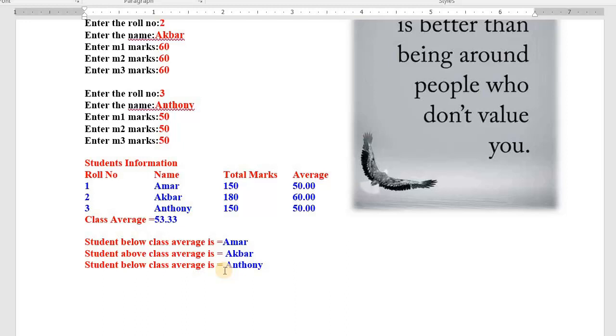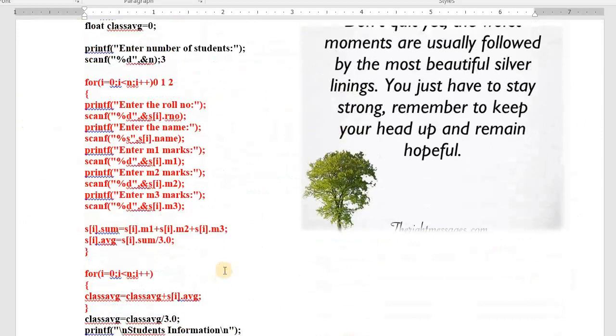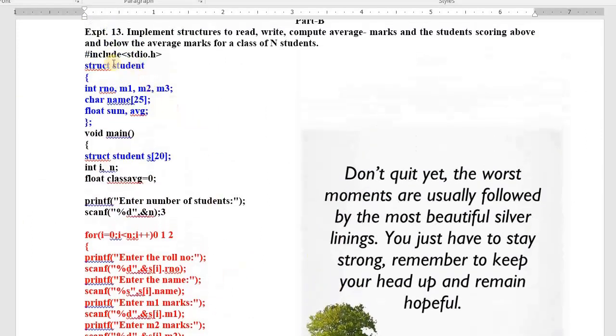I explain slowly once again for you, as a bird's-eye view. First we created a structure. Main program started. Array of structure. N is the number of students we can store. I is for the loop.